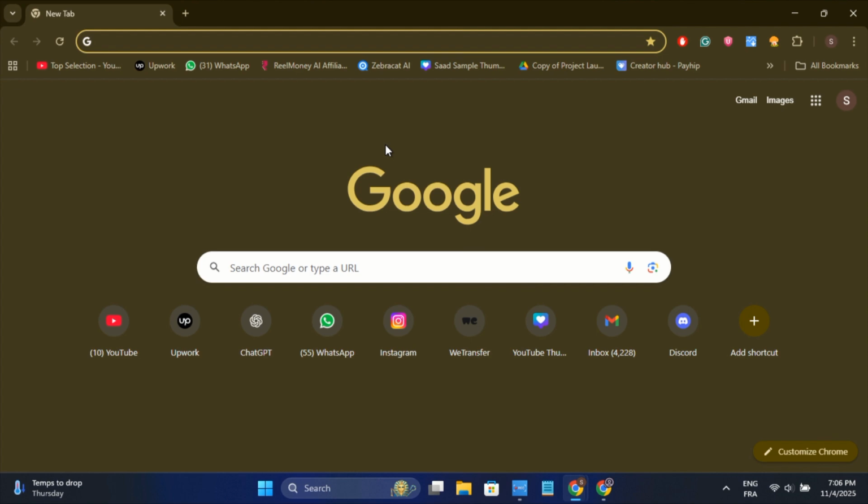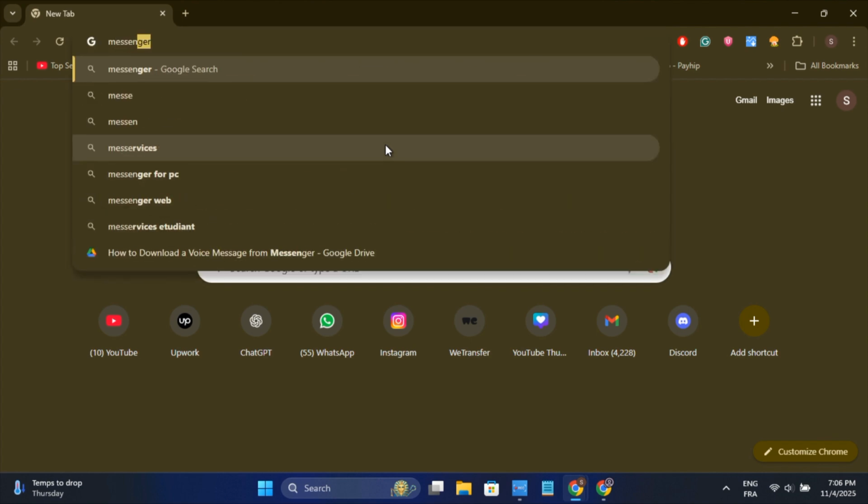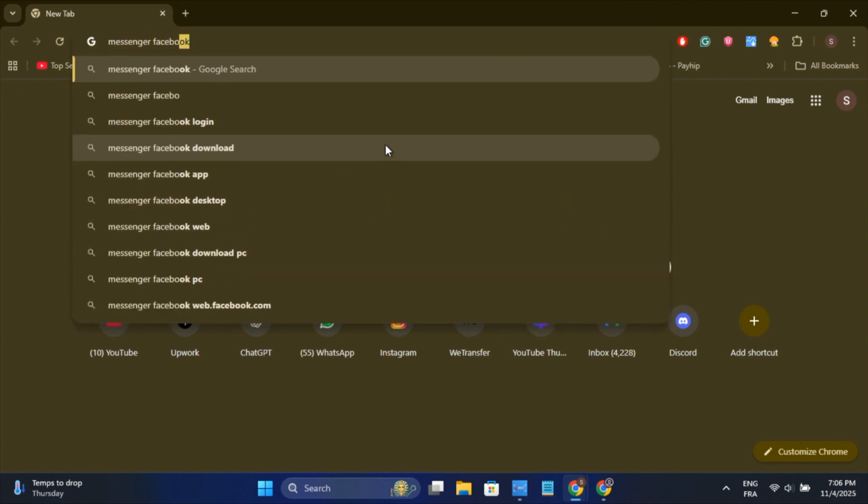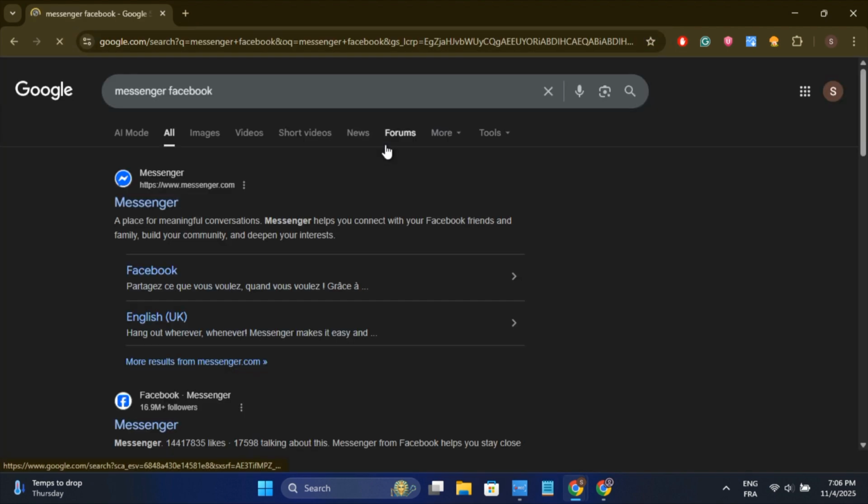So the first thing we need to do is to go ahead to Google Chrome or any browser, then type in Messenger, Facebook. After that, just click on the first link. As you can see, just double click on it, and